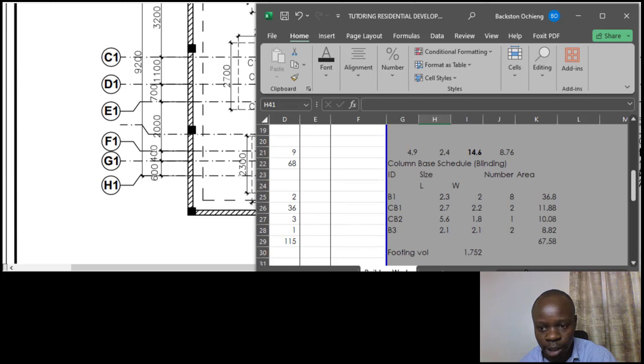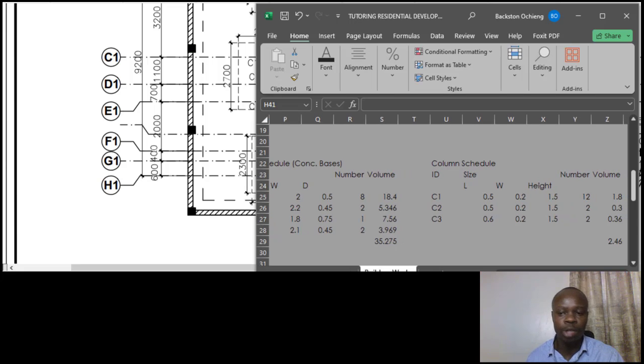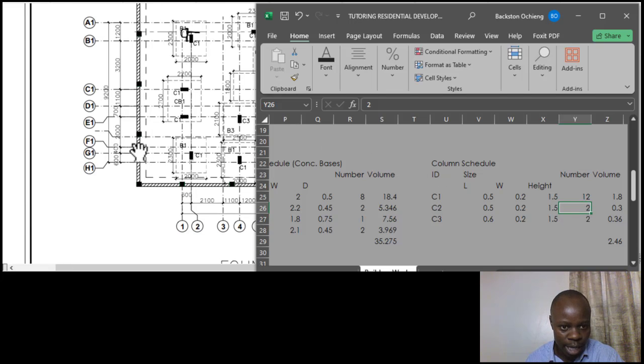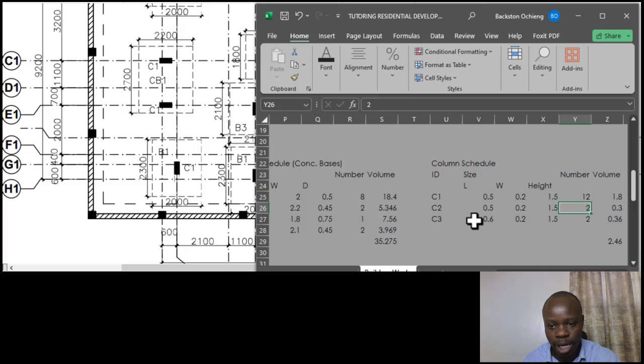So looking straight into what we are expected to do, in the previous sessions we got to outline what we call the column schedule. So that is the column schedule that I'd like us to continue with, and it was basically an identification of the number of columns that we have and their respective sizes in terms of the length and the width, plus the number of those columns which are available on the plan as they have been drawn on the plan layout. So once we've understood that, then